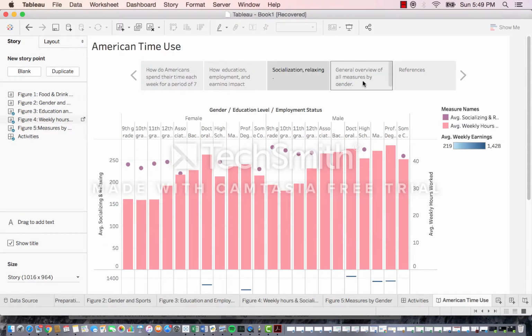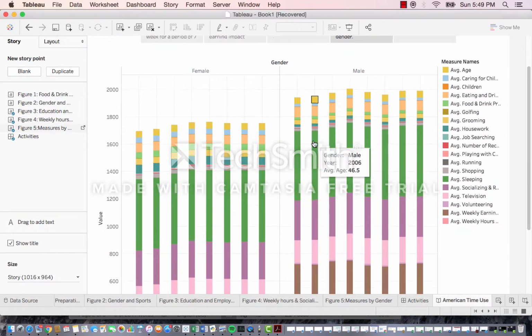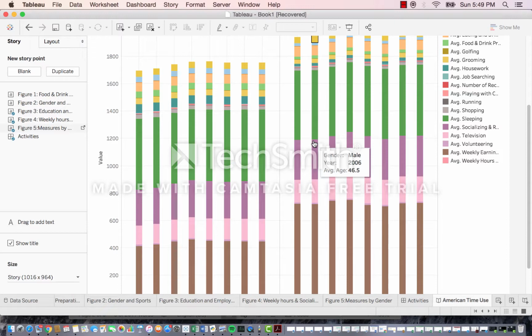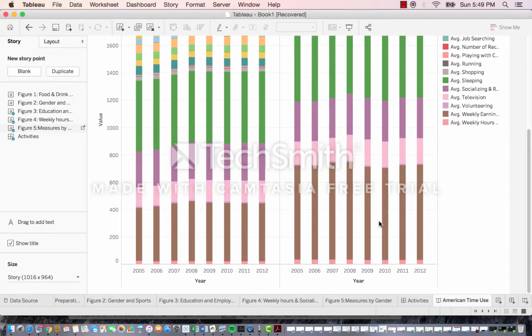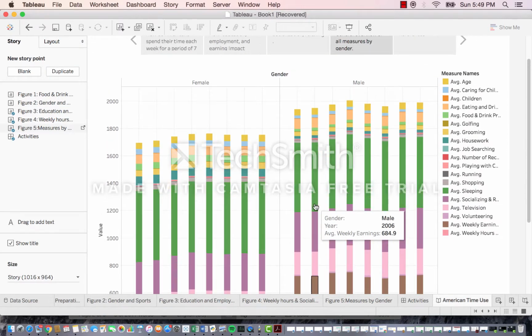individual. The next graph you're going to look at is a bar chart that shows a general overview of the variables that impact American time use. As you can see, it's evident that females spend more time on activities like housework, caring for children, and preparing meals as compared to males. But if you look down here in the bar chart, you can see in brown that the brown bars show that males earn substantially higher than females. This is just a general overview of how these measures impact American time use.